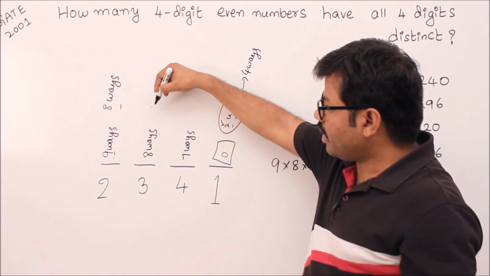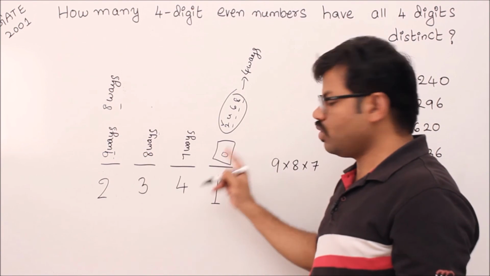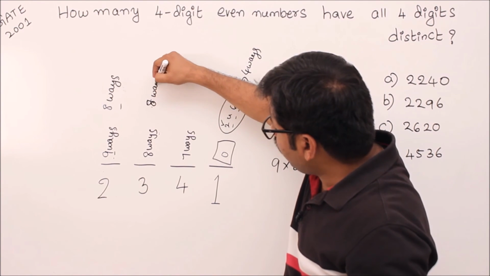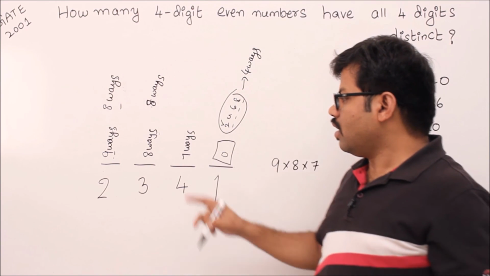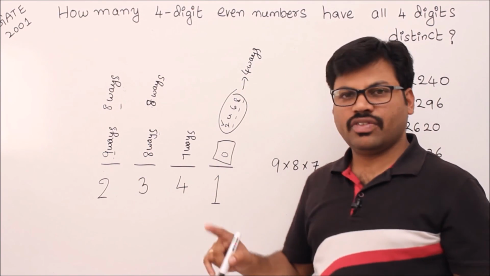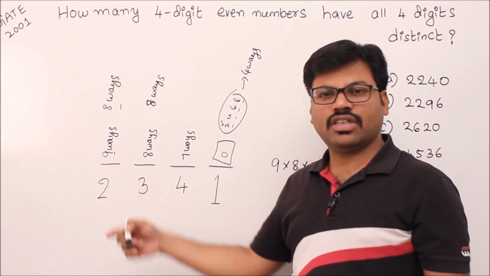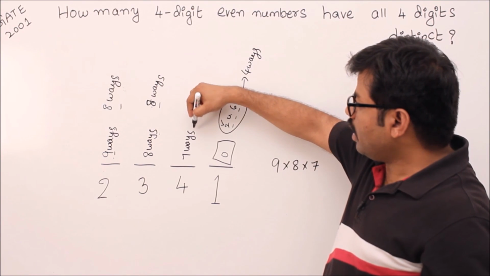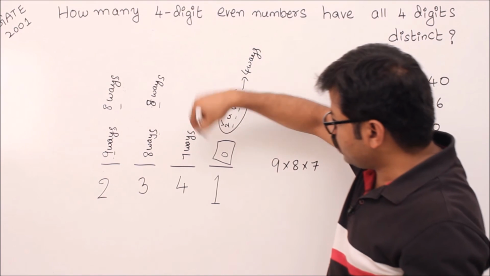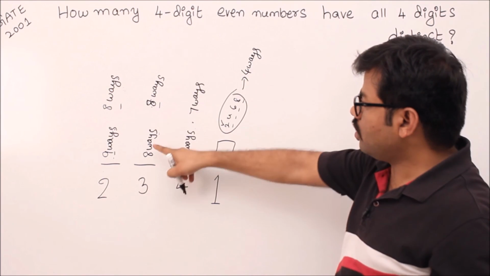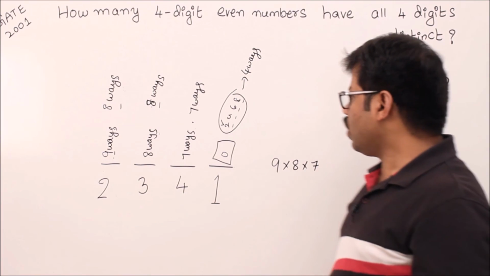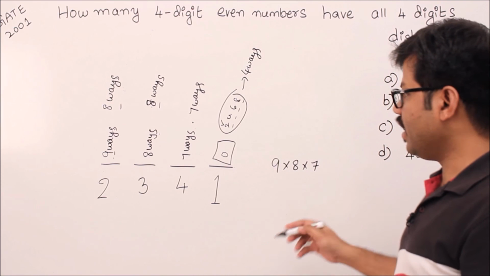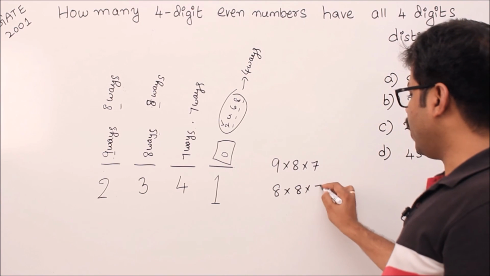Then come to this point. This point can take any digit other than the previous 2 fillings. Then it will be again 8 ways, isn't it? 10 minus 2, 8. Why is it 8? Because anything other than these 2 digits already filled in the first and second positions can be taken, so it will be 8 ways. Come to this point, it can be filled with anything other than these 3 positions, then 7 ways as it is. So these 2 ways are not changed, right? Now the total number of ways in case number 2, where the last position is filled with 2 or 4 or 6 or 8, is 8 into 8 into 7 into 4.